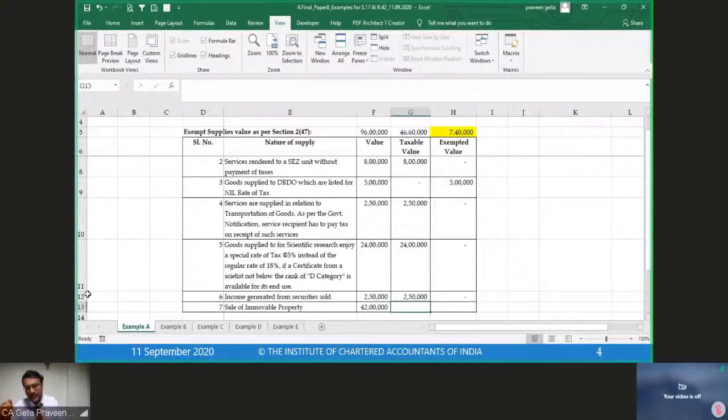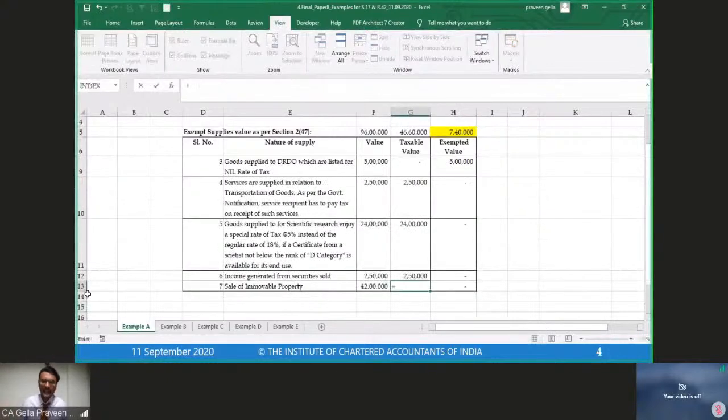Sale of immovable property. Again, if you look into section 7, supply of goods or services, immovable property is covered under Schedule 3, which says it is neither a supply of goods nor a supply of services. So my immovable property is not a supply of goods, not a supply of services. It does not come into my exempt. For a limited understanding, I'll just put it into my taxable value. As I say, forget your taxable value. My answer in my exempted value is